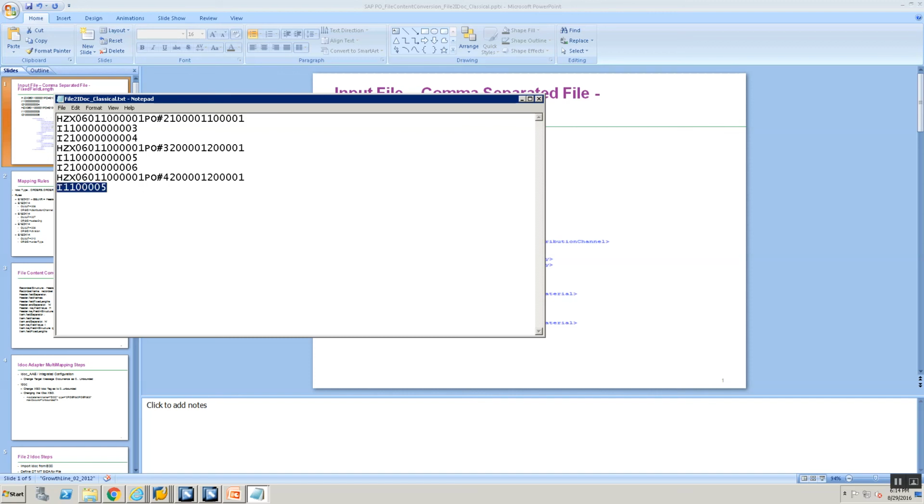So let's just copy this, and again out here in this file as well, this is item, this is a line item number, this is the quantity, and then I'm just going to copy this line and replace it here.